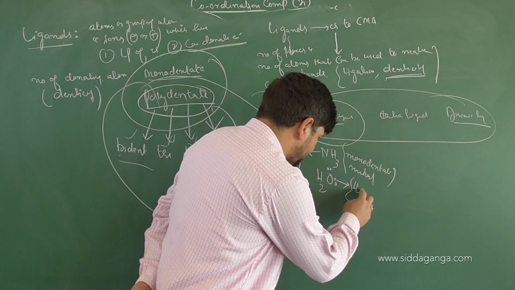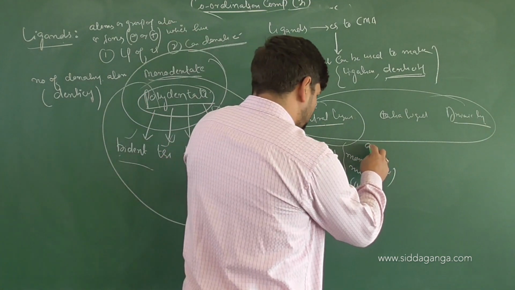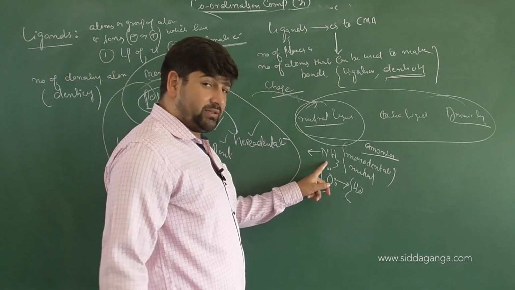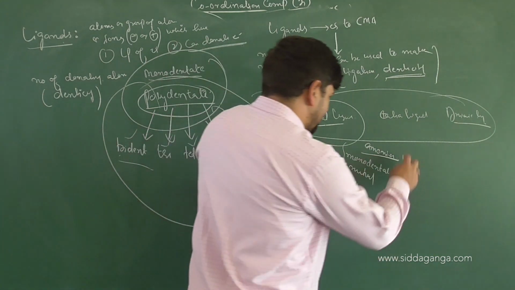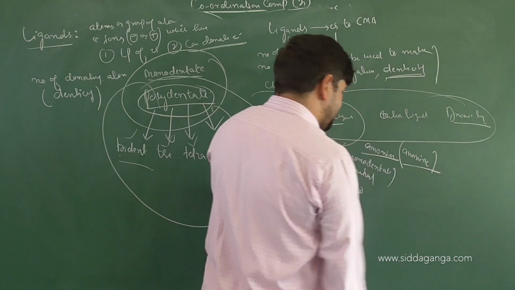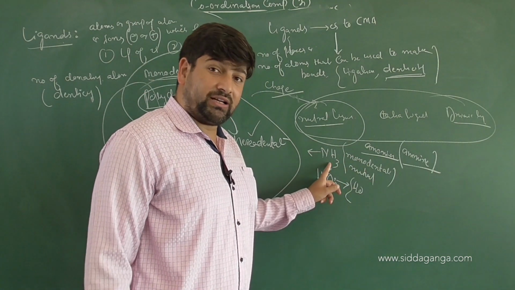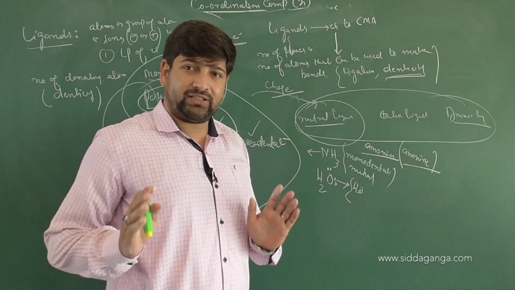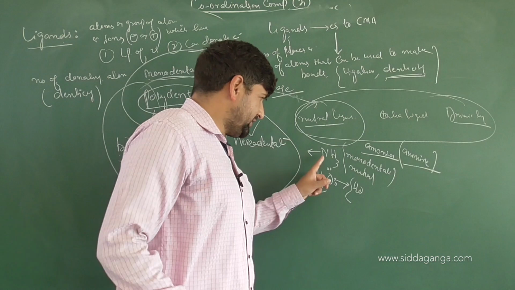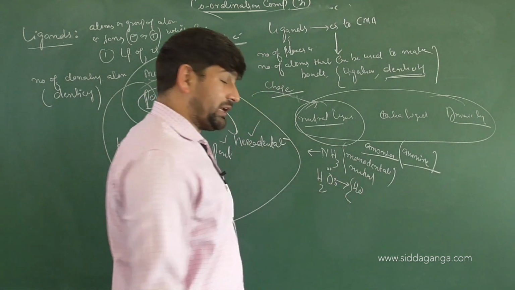Which one? Water. And in nomenclature, the general compound is ammonia. But when you are writing it in nomenclature, NH3 is written as amine. Am I clear here? It is a neutral ligand, and in nomenclature we will discuss that when you have a neutral ligand, it is represented as such. No special name is given for it. So it is ammonia, a neutral ligand but monodentate. Water molecule again is a neutral ligand.